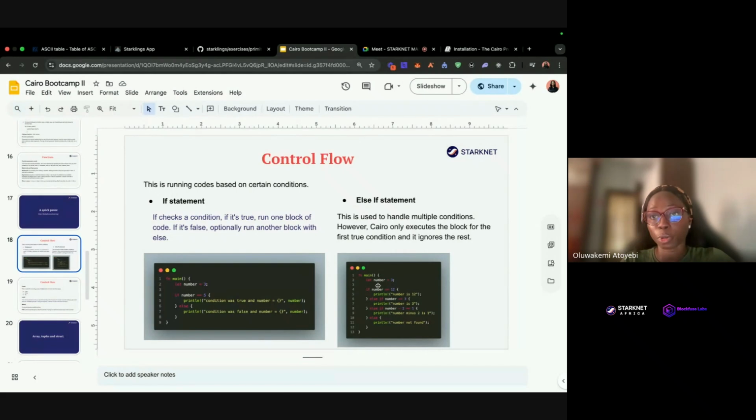Building up on the previous example we had, now we have let number equal to 3. So if number is equal to 12, print number is 12. Else if number is equal to 3, print number is equal to 3. Else if number minus 2 is equal to 1, print number minus 2 is 1. Else print this. So you can have as many conditions as you want, but